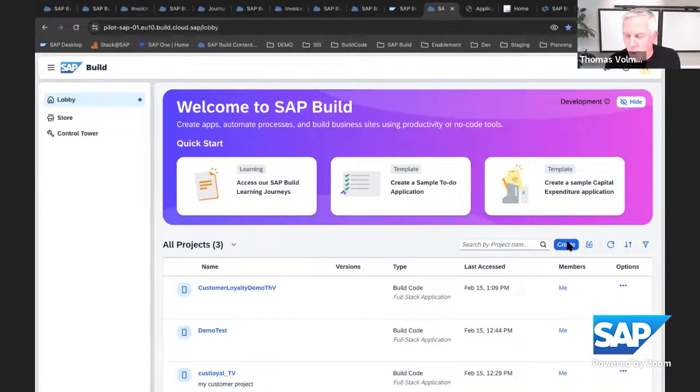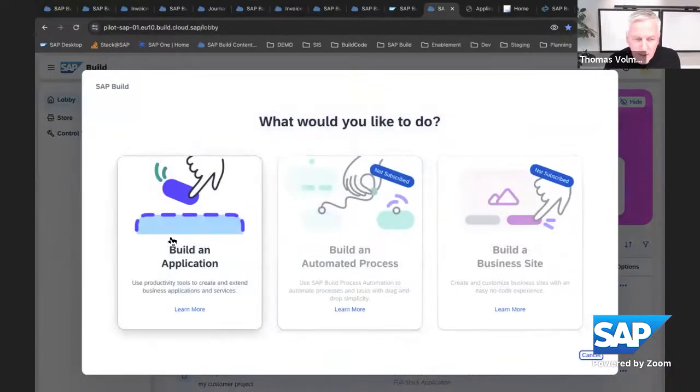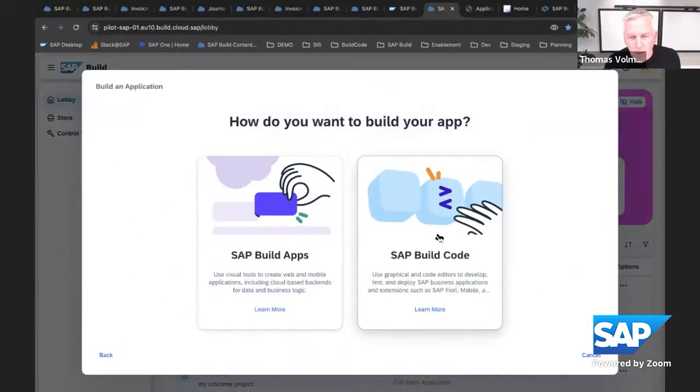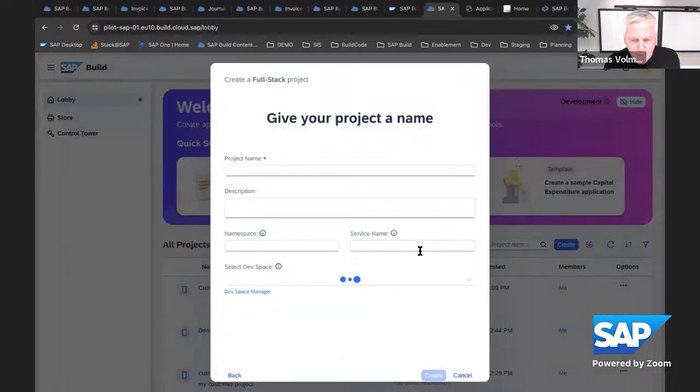So is Build Code already generally available? We're just a couple of weeks away from releasing it, so it's planned to be released in a month. And what you see is that you can build full stack applications here. You can basically say, I want to create a full stack application, give it a name, and